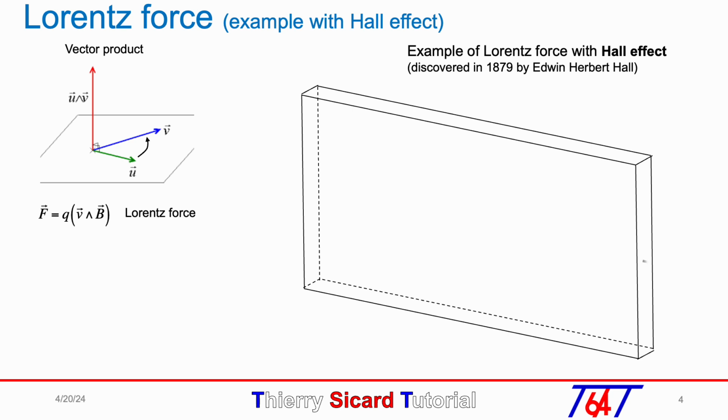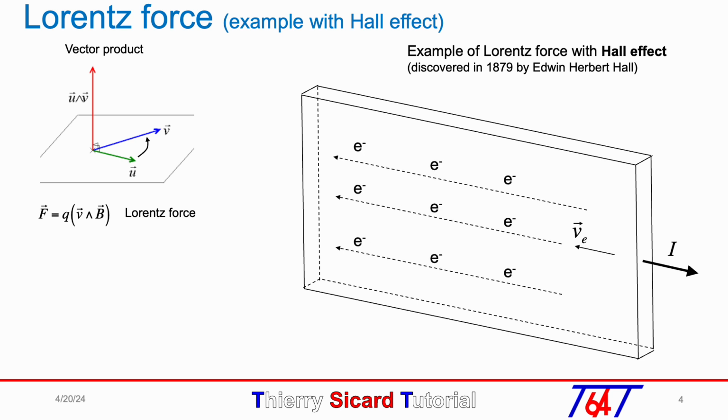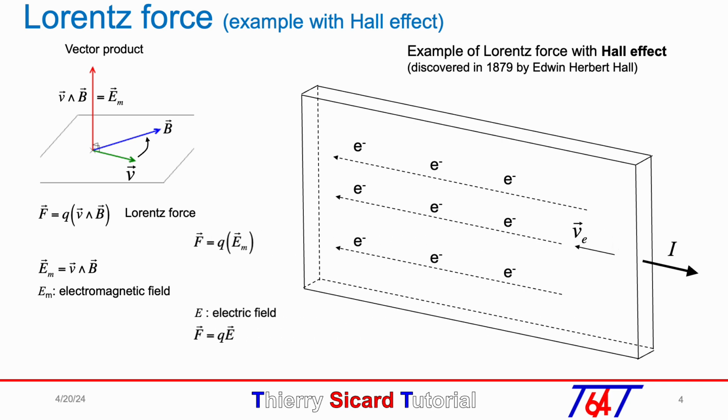Now, if in a conductor we have a current I going to the right side, the electron will move in the opposite direction, noted by the vector VE. If the U vector is replaced by the vector V representing the electron velocity and the V vector is replaced by the vector of magnetic field B, the vector product will be the electromagnetic field noted EM. So, in fact, the Lorentz force F is equal to the electric charge Q multiplied by the electromagnetic field EM